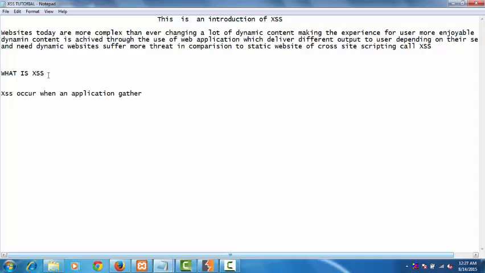XSS occurs when an application gathers or takes malicious data from a user,